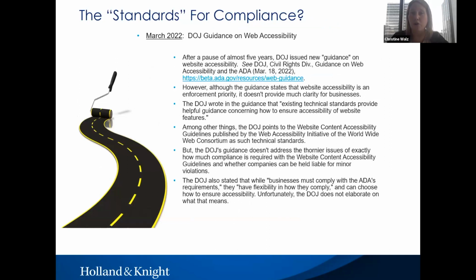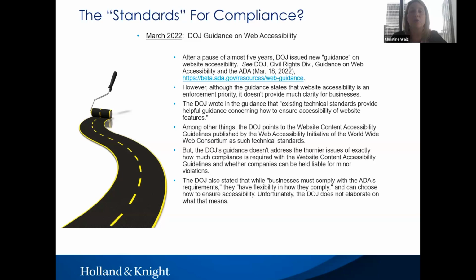A few years ago, in March of 2022, we had guidance from the Department of Justice about website accessibility. This was after a long period of silence from the government, including a decision in 2017 by the Department of Justice to shelve their plans to issue regulations addressing the technical requirements for website accessibility. In the guidance, the Department of Justice said that it is their view that accessibility is required under the law,